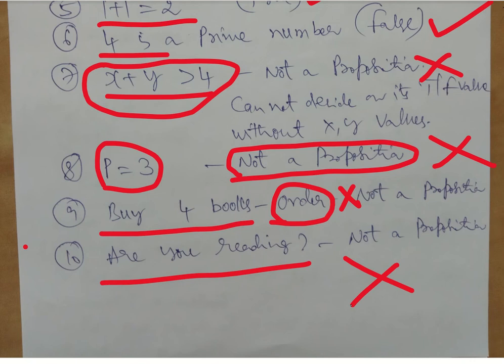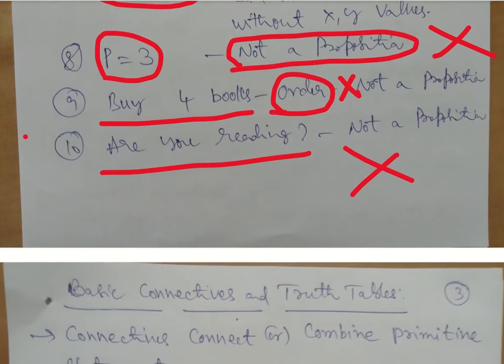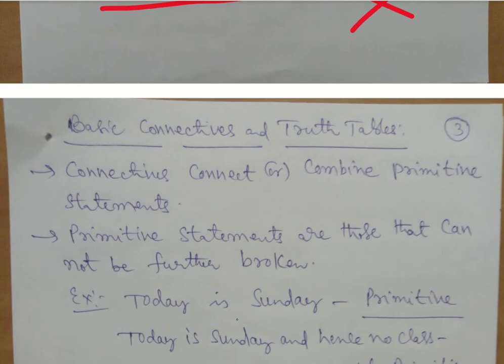They are all English statements, no doubt, but they may not get the declaration part called either true or false. Thereby they cease to become valid statements of logical nature. So you should be very careful. So if true or false attaches, then we say it is a logical statement, otherwise we say they are not valid logical statements. Now let us see how these logical statements can be further utilized.